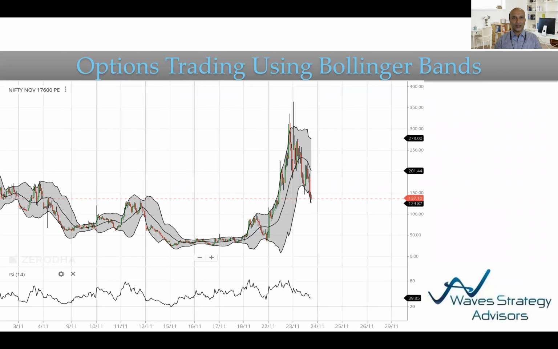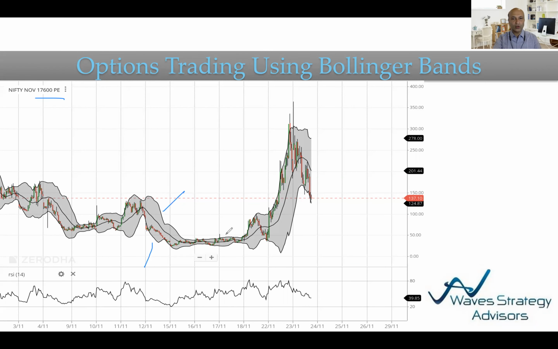Okay, this is a chart of Nifty for a specific strike price. You can see it here for a specific strike of 17600 put option. That is what I'm showing to you right now. Now these bands that you are seeing are Bollinger Bands. You can see the upper end of the band, you can see the lower end of the band, and prices are moving between these bands. This is a 15-minute chart, directly on the option chart. You can trade options by applying this simple method of Bollinger Bands for intraday.